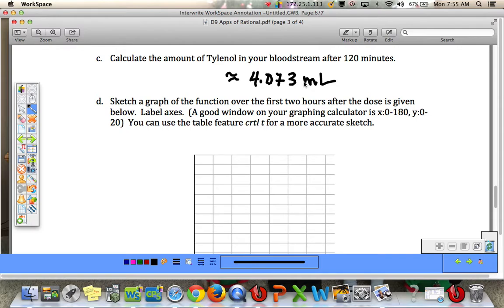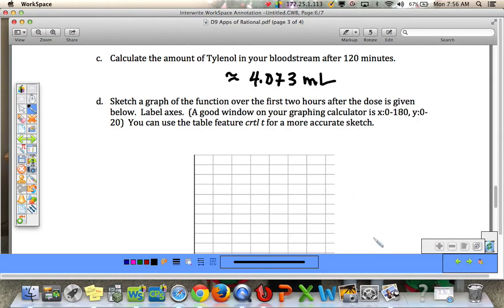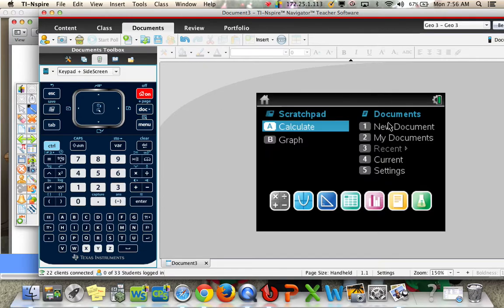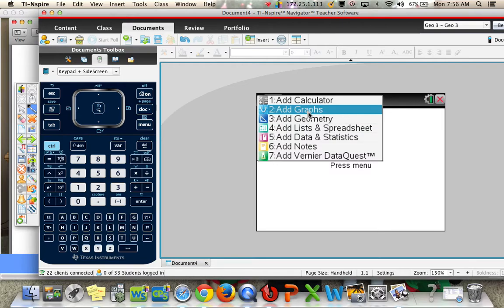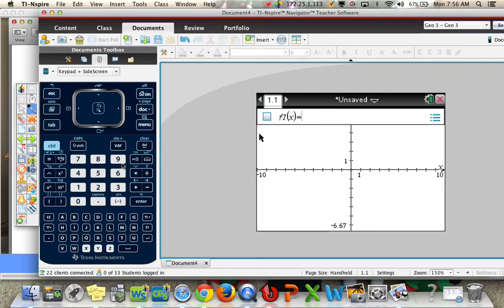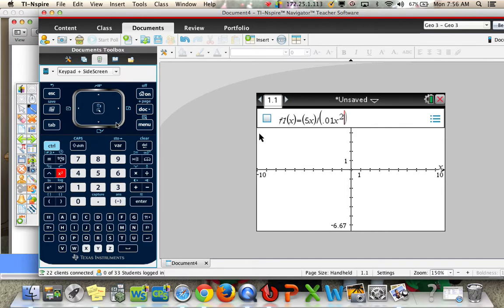Sketch a graph of the function over the first 2 hours after the dose is given. Label the axes. A good window is from 0 to 180 and y is from 0 to 20. You can use the table feature Control-T for a more accurate sketch. So let's pull up a new graph here. Okay. So if we type this in, again I'll use parentheses. So we have 5x divided by parentheses, we have 0.01 x squared and then plus 3.3,